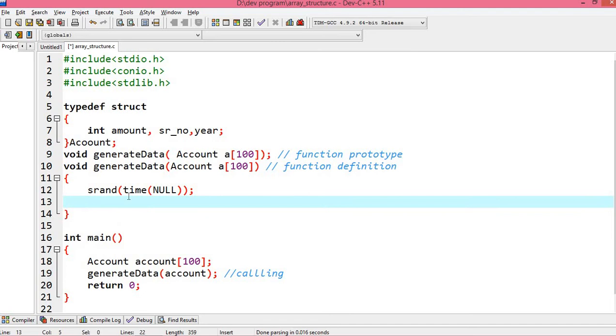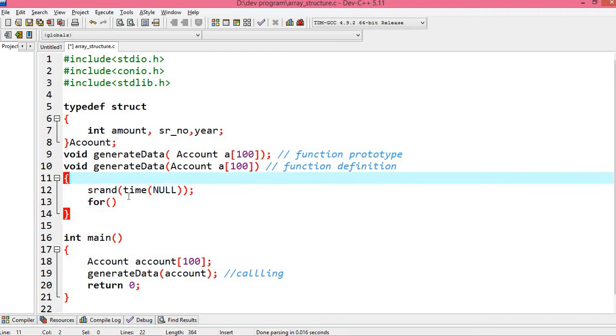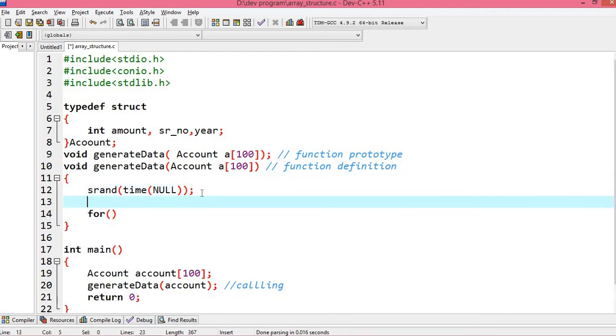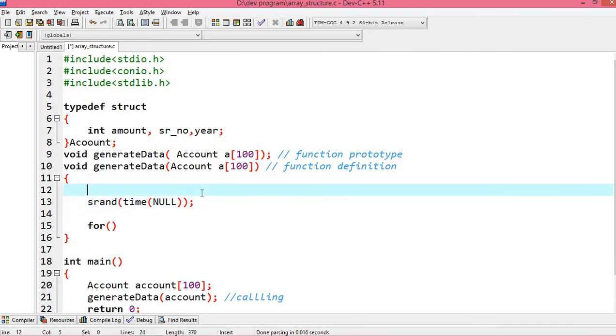After that, I will add one for loop over here, and inside this let me first define the integer i.